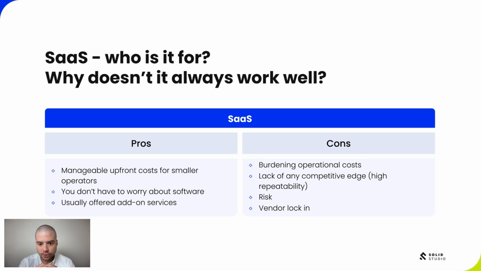Also, the third, but very important, is risk management. If you are the CPO and your core business is management of the charging network, and the tool that is used to do so is not yours, then you are exposing yourself to huge risk. We've seen situations before where SaaS providers went bankrupt or were acquired by direct competitors. In this case, the need for urgent migration is huge. And as I mentioned before, from my understanding, the core business of the CPO is the charging station management that is outsourced to a third party.